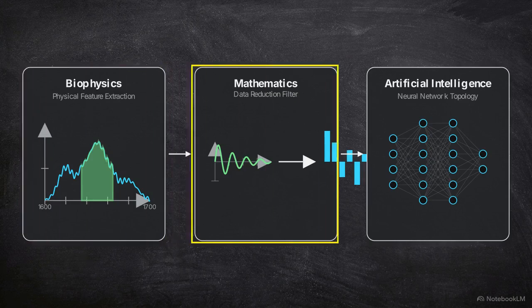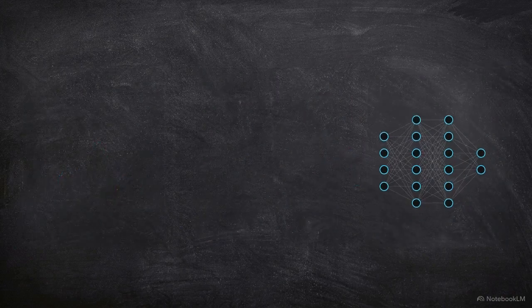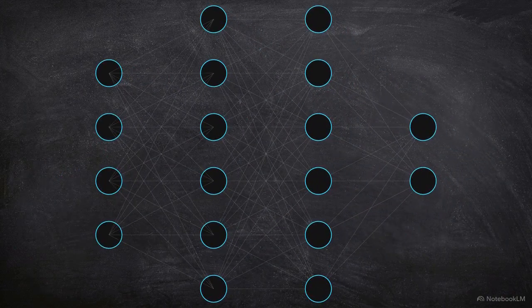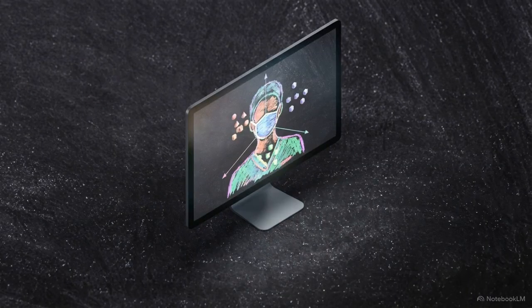The process starts with physical feature extraction of the raw spectrum, moves through a mathematical filter for data reduction, and ends in the topology of an artificial neural network. An artificial neural network is a machine learning model inspired by the structure of the brain that recognizes complex patterns in numerical data. These three stages operate in a fixed sequence, translating complex physical matter into a digital classification. Constructing this specific pipeline allows us to recognize diagnostic patterns invisible to the human eye, solving the bottleneck of rapid